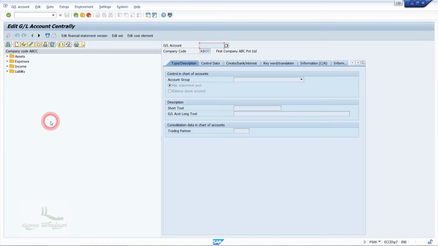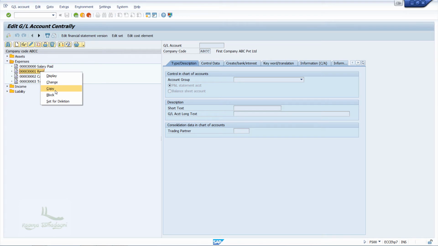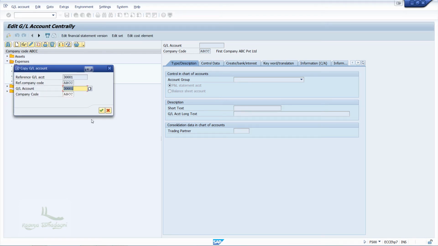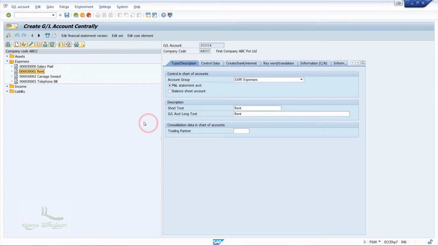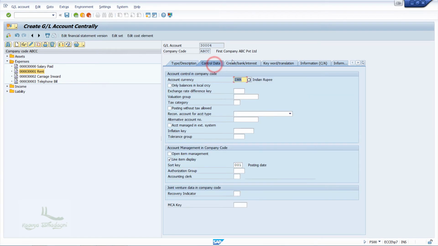Here I'll get the screen, and now I'll expand the expenses account group and then right click on rent account and click on copy. Enter the new account number and hit enter. Now rename the rent account to customer discount and verify all the fields whether it matches our requirement.